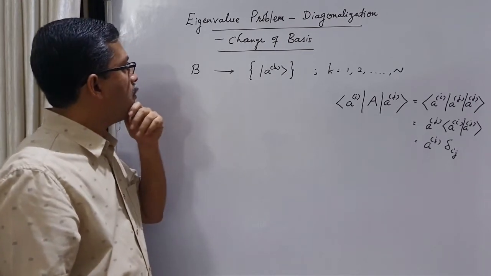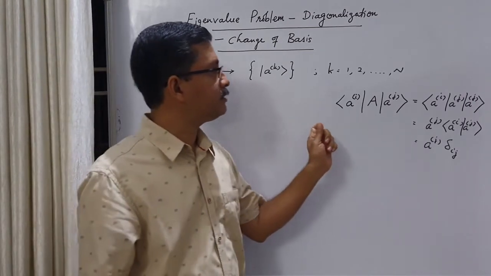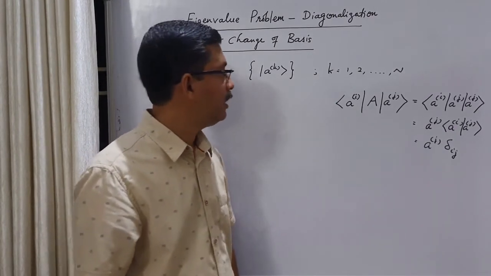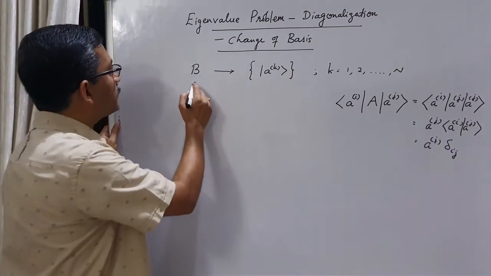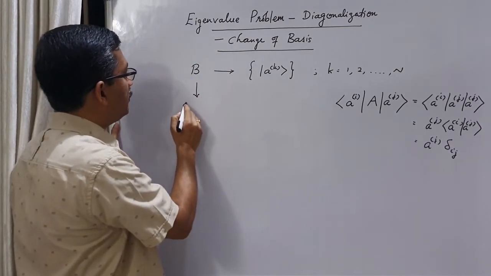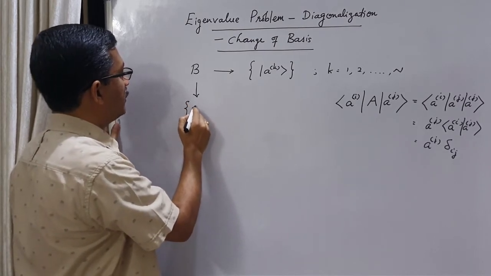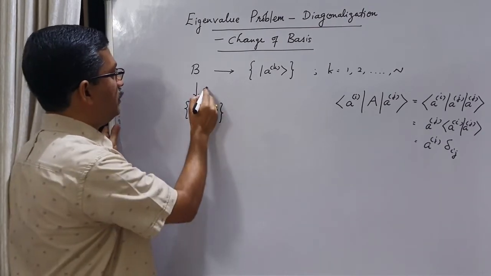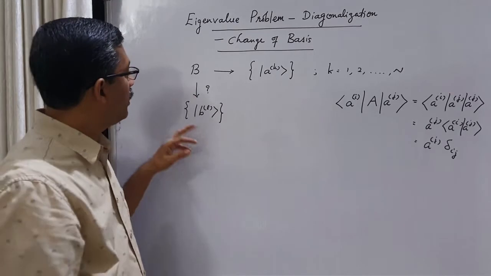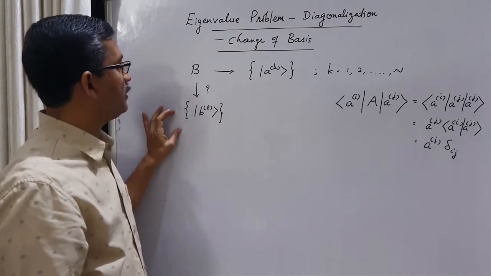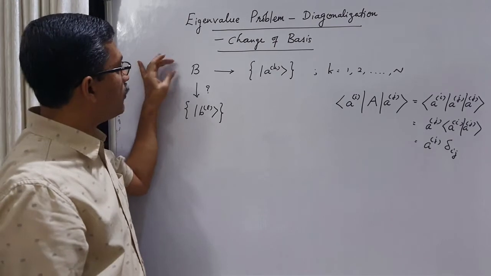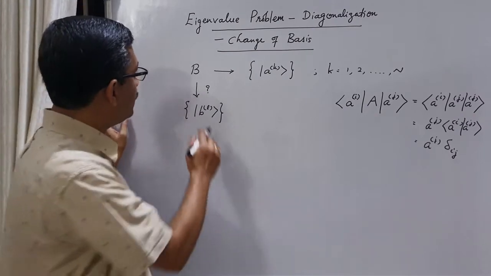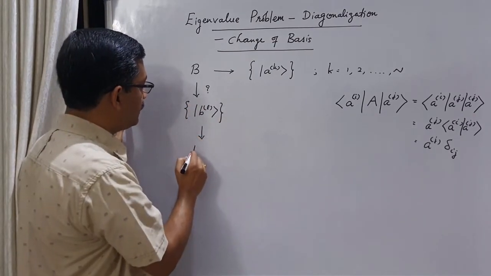We also know that when we express an operator in its own eigenkets, the corresponding matrix is a diagonal matrix. It means that if we express B in its eigenkets, let us say its eigenkets are some B_l, we want to express B in its eigenkets. We don't know what they are. But if we express an operator in its own eigenkets, the corresponding matrix will be diagonal. So we know that if you express B in its eigenkets, we get a diagonal matrix.